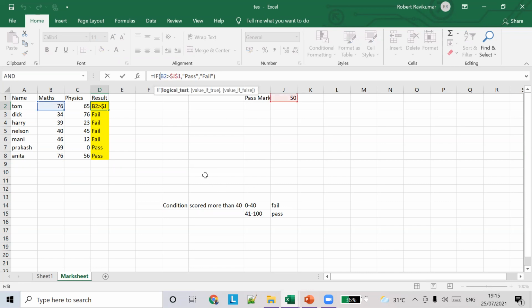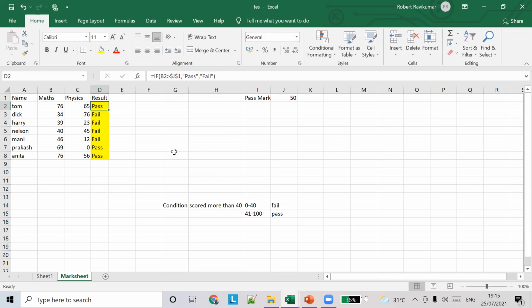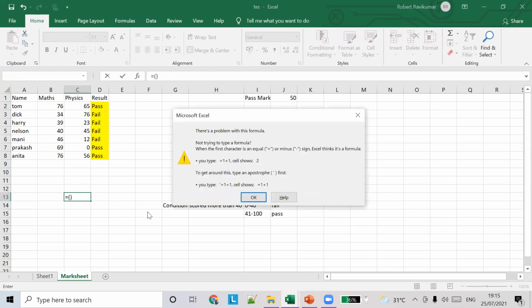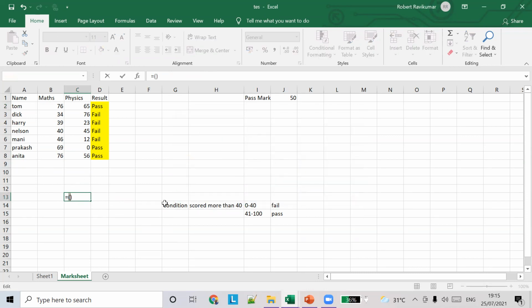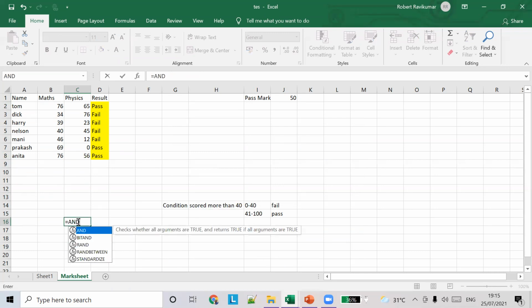So I'll tell you how to do this. See, there are certain operators, and and or operators. Let's say there is an and operator. Let's learn about and operators here. There is a function called and.